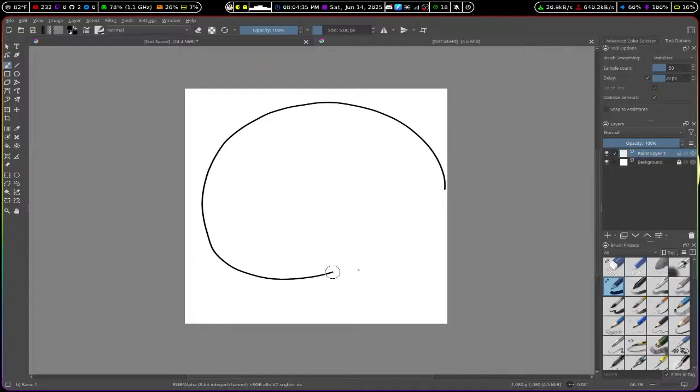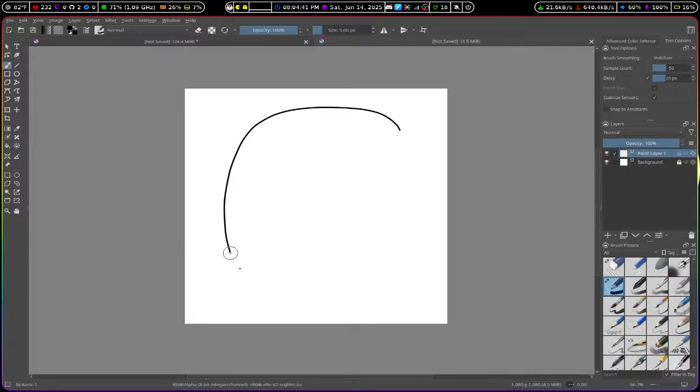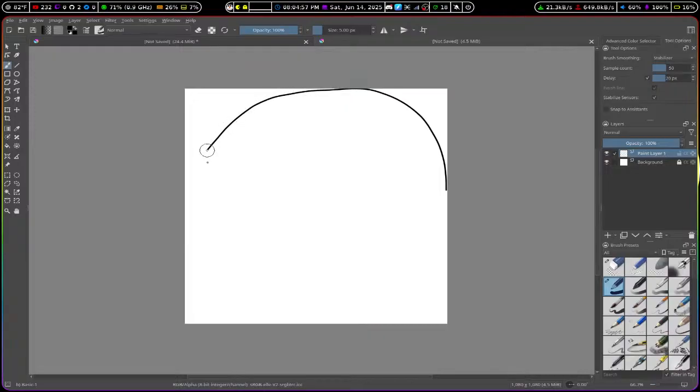Like, I guess I could just do a circle there. This might take a few attempts, so bear with me as I'm doing this. So what I could do,